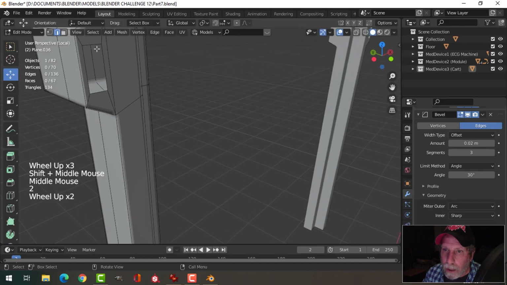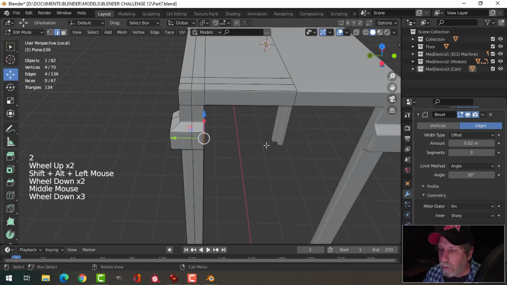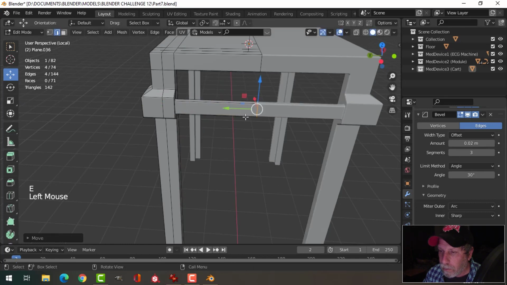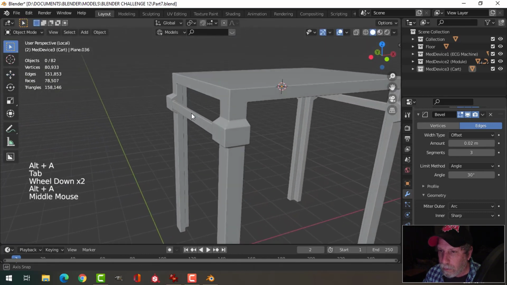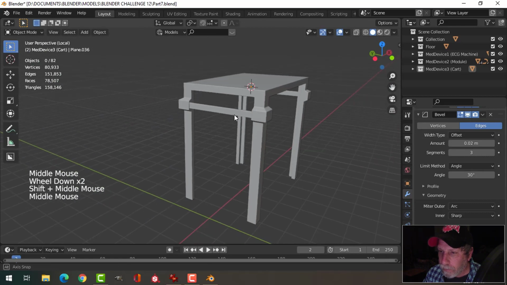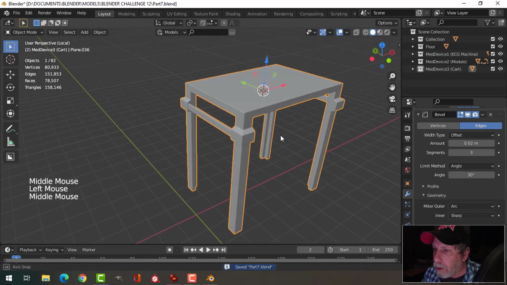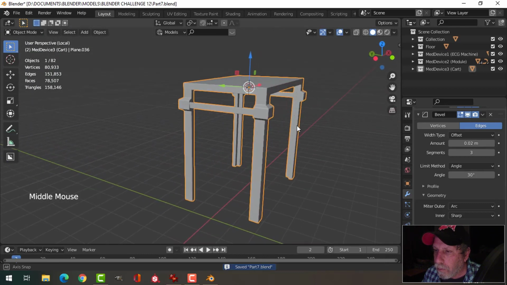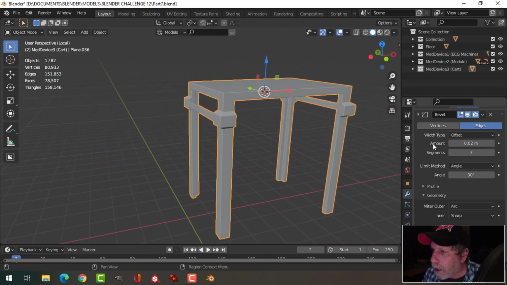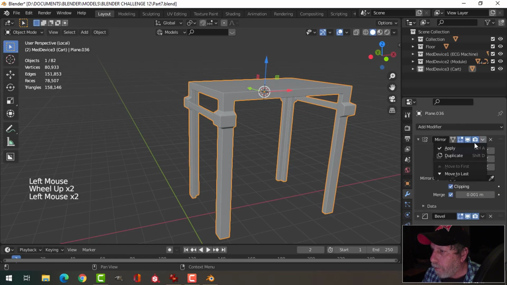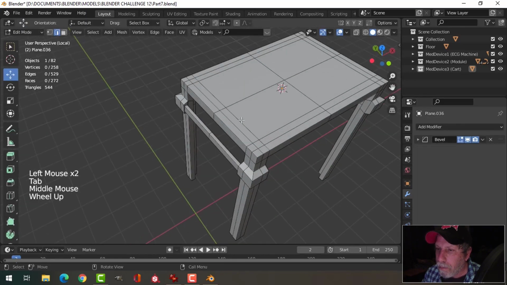Just made it a little bit wider, and then I'll take this, I'll extrude it back. Okay, let's say we went for that, and maybe at that point I go ahead and I apply the mirror. I don't feel like working in it anymore. I'll come back in